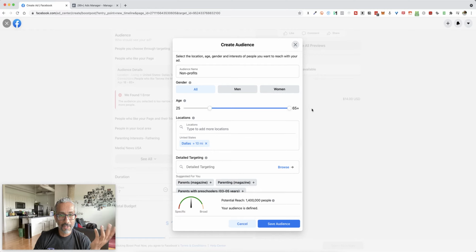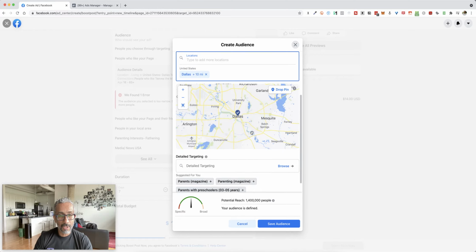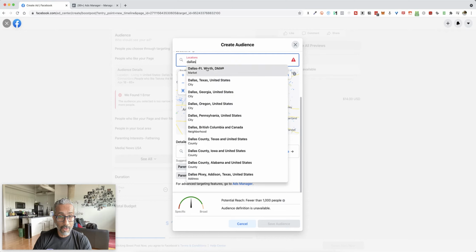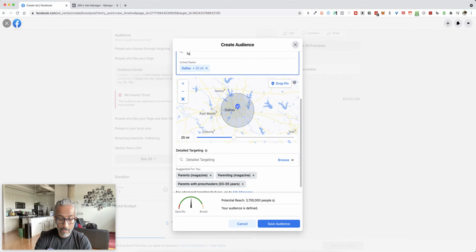25, maybe to 65. Locations, is it national? Is it local? How far out are you allowed to receive donations from? I'm just going to hit Dallas and hit 25 miles. So Dallas, maybe do Fort Worth as well, because this is North Texas. Oh, I just thought about that. Dallas, Fort Worth,